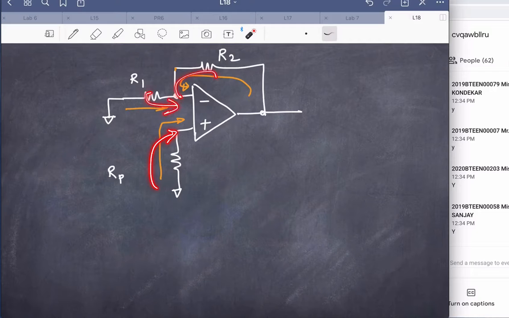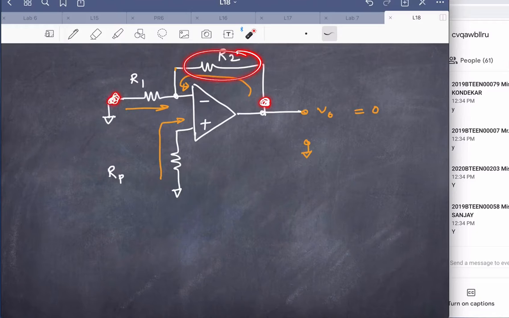these two bias currents should make the output 0, because input is 0. So with 0 input, the output should be 0. This is what we want, VO. So we assume VO to be 0, assuming that everything is such that VO is 0. So if VO is 0, then R2 right hand side is at 0, R1 left hand side is at 0, and R1 R2, this middle point is shorted.